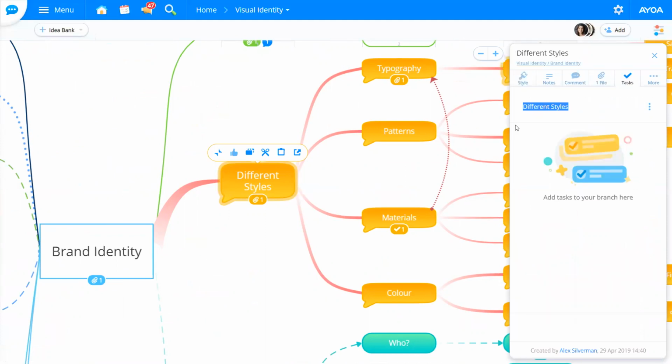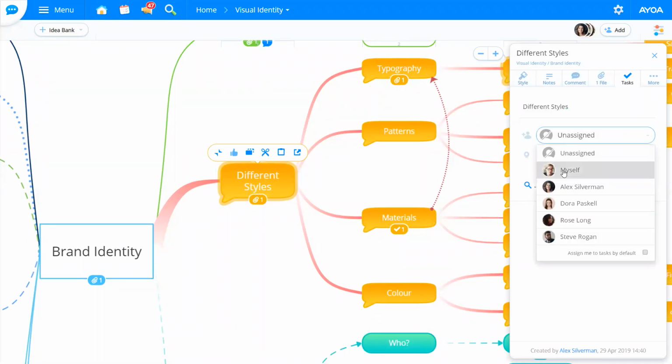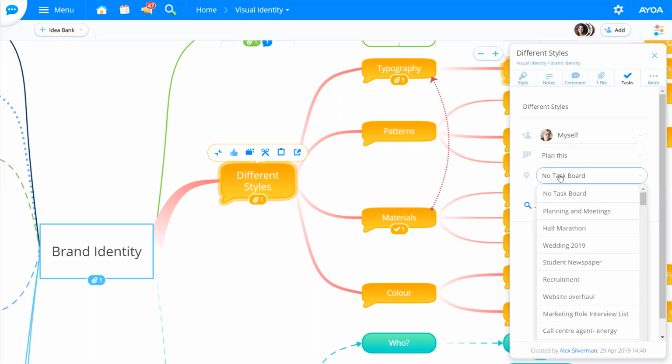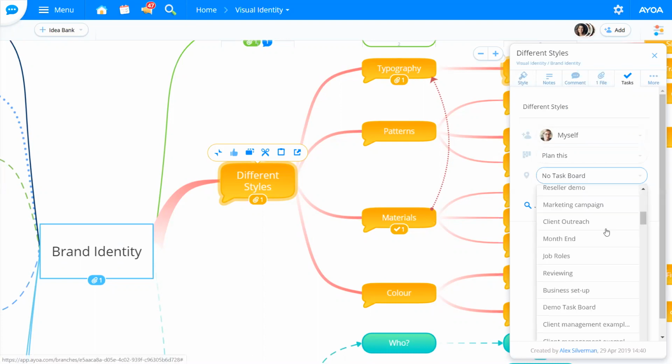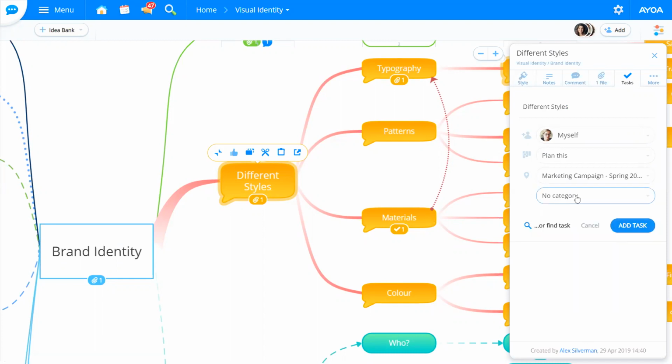The other difference in the Mind Map task panel, side panel compared to the task panel, is this option called tasks. What this section allows you to do is, let's say you've been mind mapping, deciding what you want to do next and generating loads and loads of different ideas. If there's something that you decide, actually, I want to action that, that's a good idea, you can pop in here, click the three-dot menu, assign someone, and you can actually add it to a task board you're already working on. And you can even decide